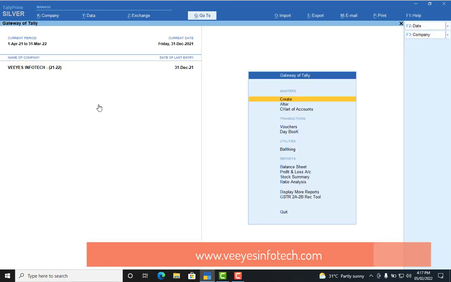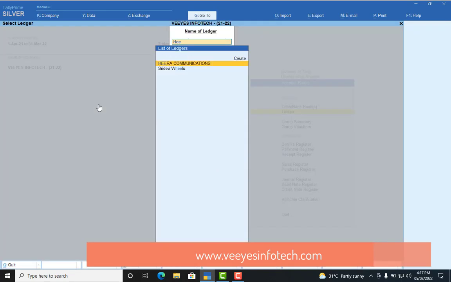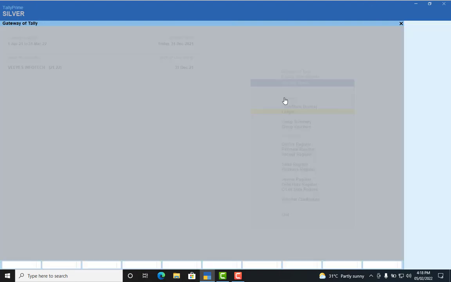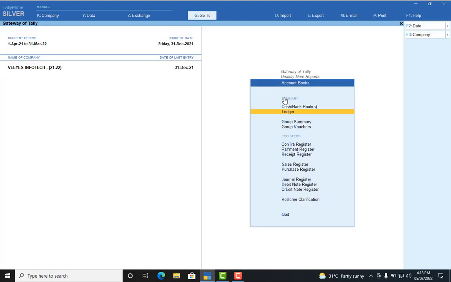Now I go to my books. As per my books, I display the accounts book ledger for the month of December. Yes, the December transactions are there. See, automatically I get the information in my ledger book. This particular transaction was approved. Some transactions do not tally, you already saw that. The return file date will also appear here. Now you can go to that area.